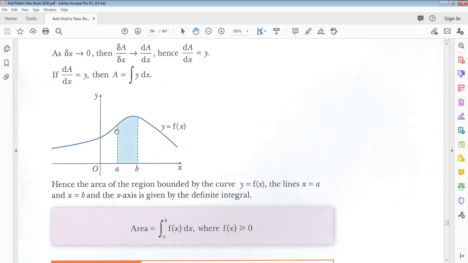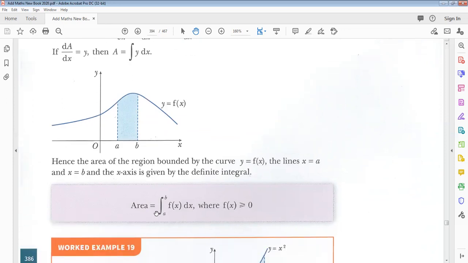Yes, sir, you will. And then if I subtract the area from A all the way back to infinity, will I get the area in between these two lines? Yes, sir. So that is what definite integrals are used for. I'll say that if I integrate the function f(x), whichever is the function of the curve, and apply the upper limit and the lower limit, which are obviously the values of x, I'll get the area in between those two